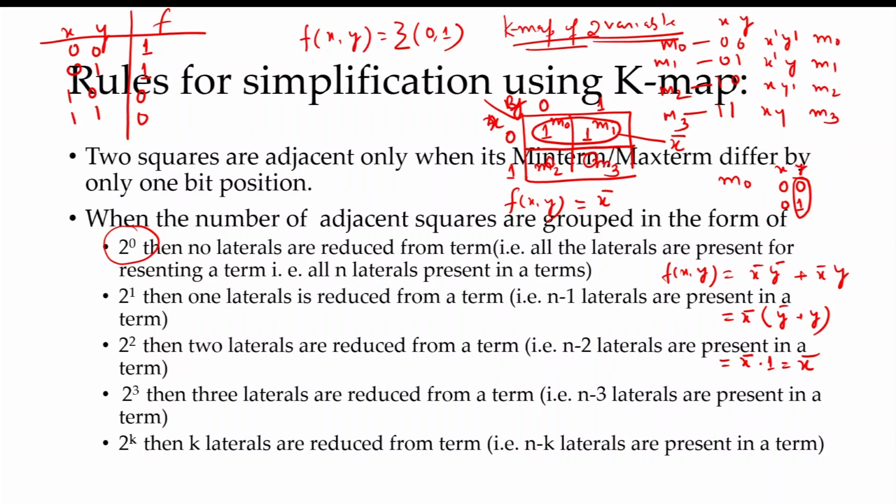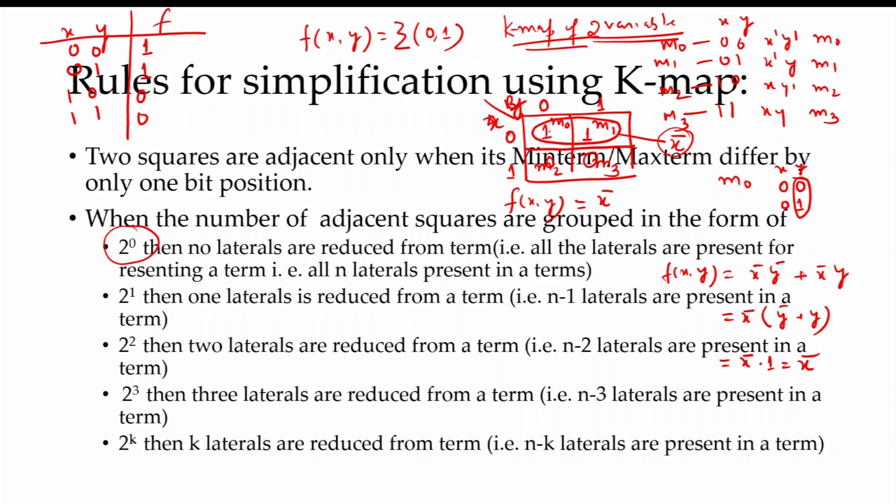from that min term. Here, this particular group of squares is represented by x complement, and this is simply a group of 2 squares combined together. The group of 2 squares whose values are 1 are combined together. Why combined? Because the squares are adjacent. Now the question is, when we combine these 2 squares, how many literals are reduced from the representation of the min term corresponding to this group?